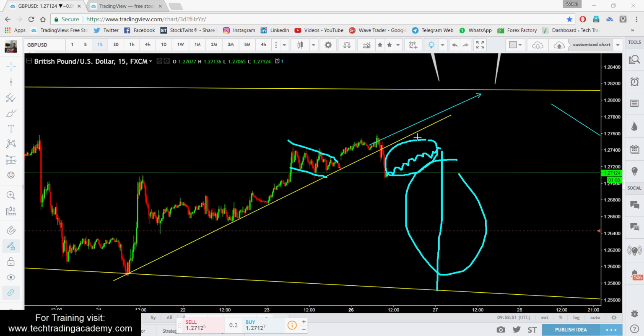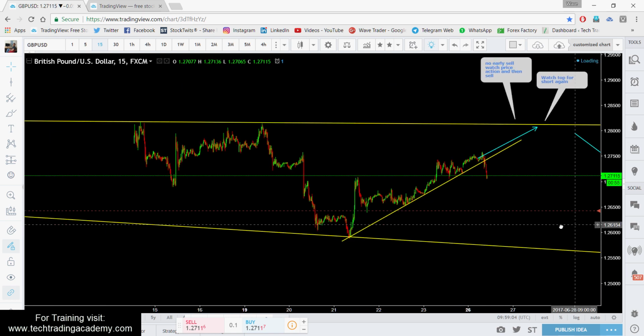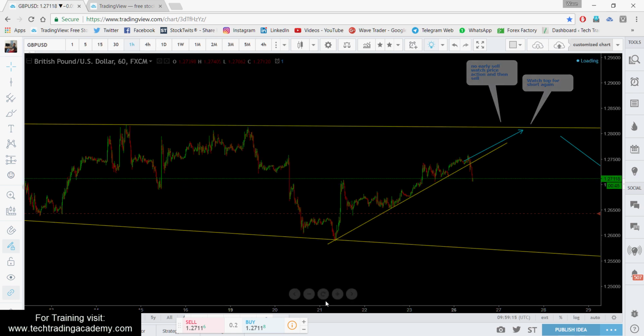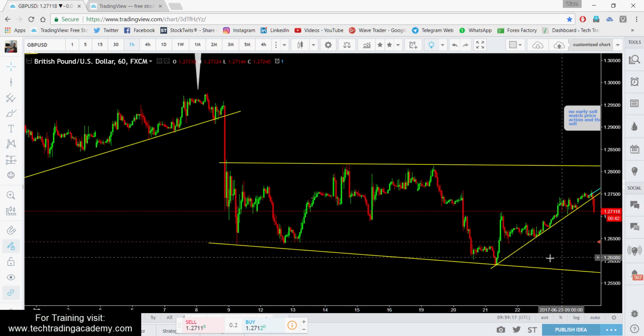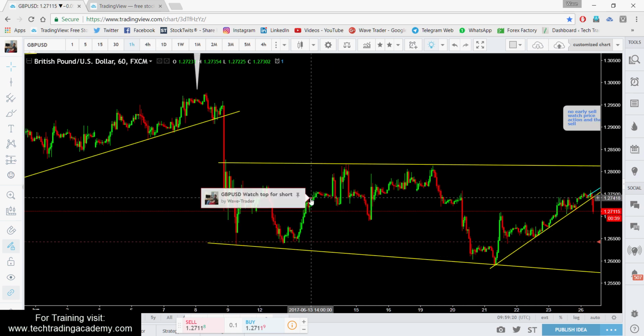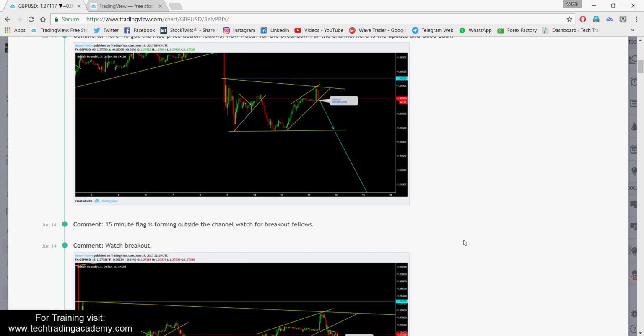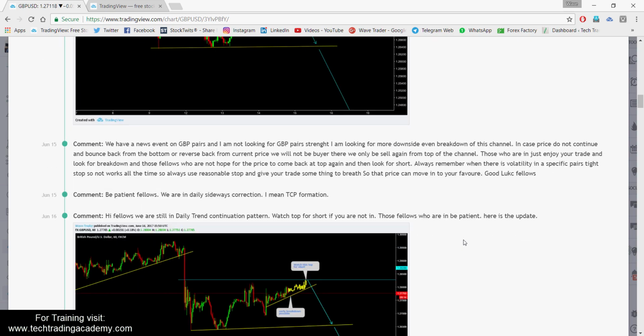Otherwise, let the price come to this top. Let the price hit that top, then look for this trade. The trade is going to be similar to the previous one, the trade we have seen here. Some of you fellows were getting frustrated when this trade was setting up for the downside, thinking that we were not going to get that trade, that it was going to do something like this and that and those, right? We are in a bigger daily sideways correction and price is just developing a trend continuation